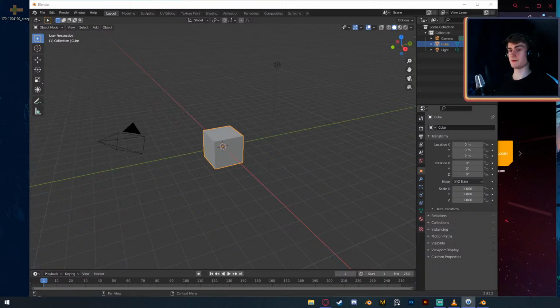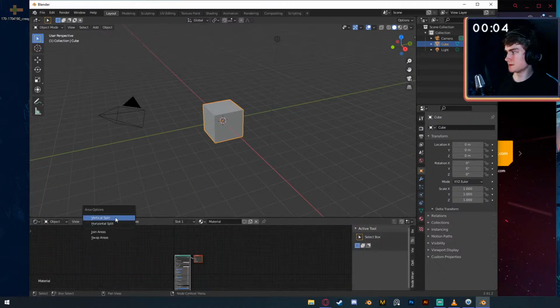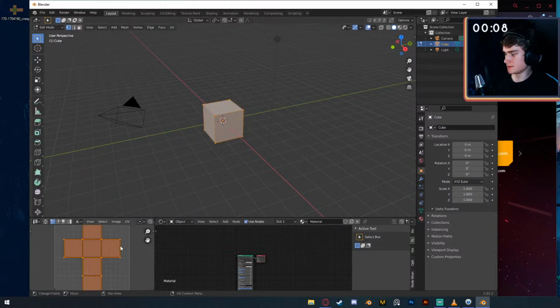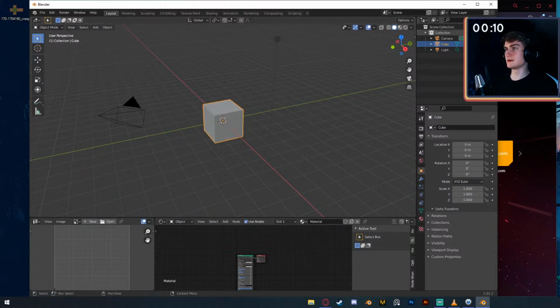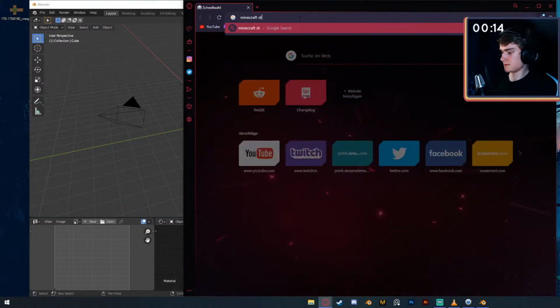Okay. 3, 2, 1, go. Pull that up. Put that to the shader editor. Make a vertical cut. Put that to the UV editor. Go in here. Rotate that by 90 degrees. Go into the browser. Google Minecraft dirt